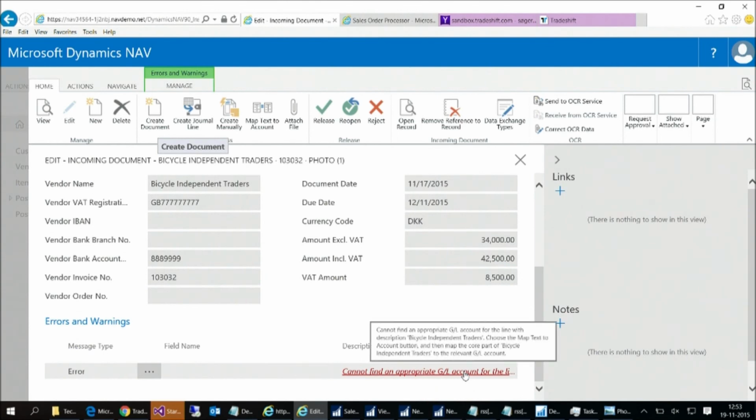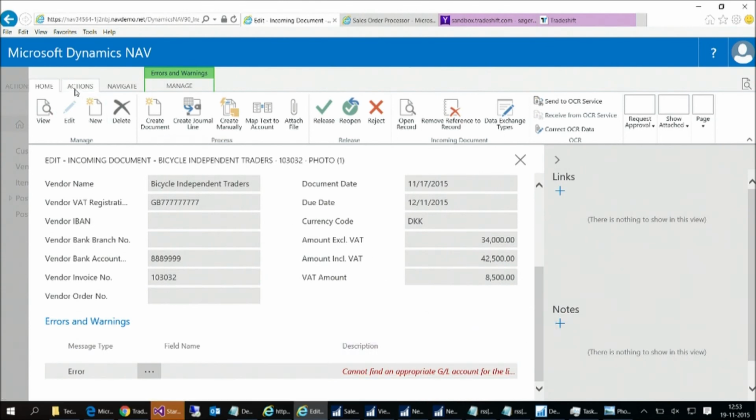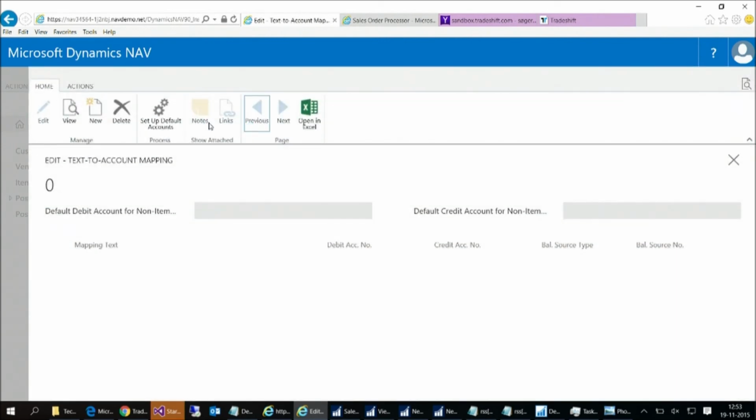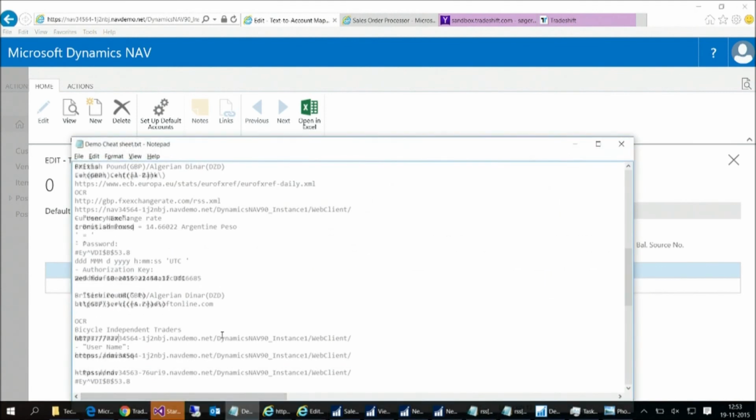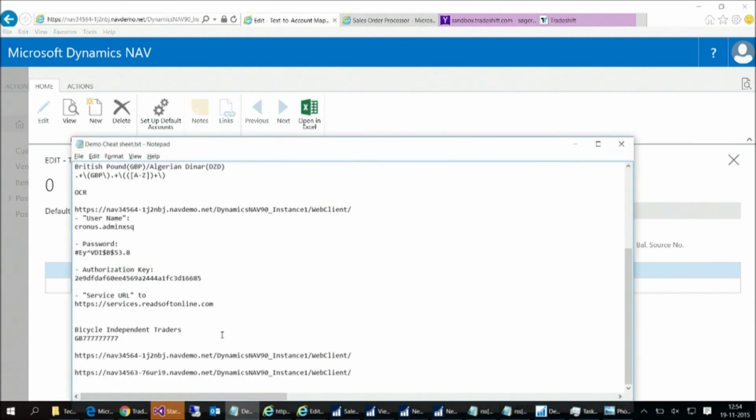And it says it cannot find the appropriate GL account for this vendor. The reason why we need a GL account is because OCR is only able to extract header data. So all of the invoice information needs to end up on the GL account. So in order to set it up, I will need to enter the